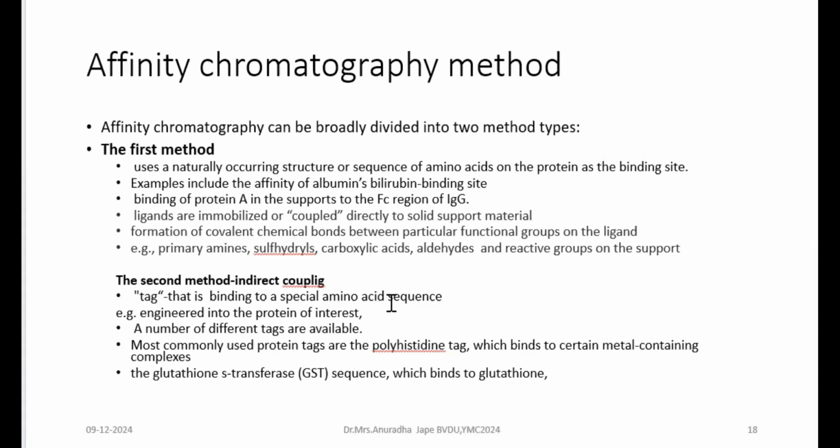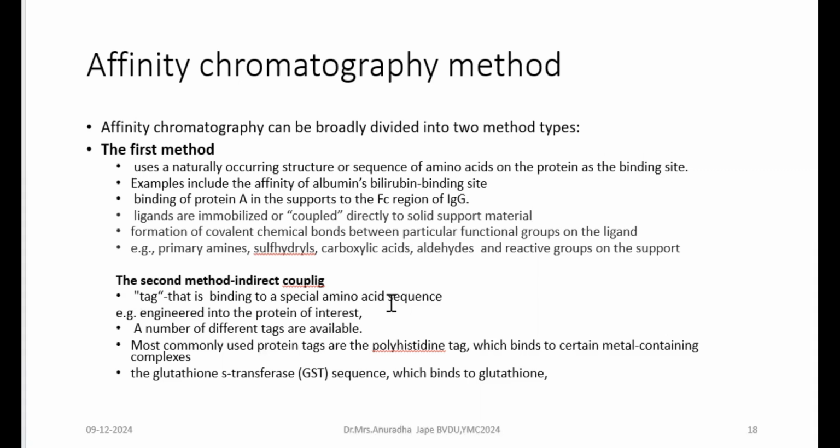So these ligands are immobilized or coupled directly onto solid support matrices. Formation of strong chemical bonds like covalent bonds between the particular functional group of the ligand and that of the support matrix will give you a good activated matrix. So primary amines, sulfhydryl groups, carboxylic acids, aldehydes, and other reactive groups on the support are going to interact with these specific sequences or functional groups, which are the inherent components of the protein as the binding site. But the second method is the indirect coupling method, in which you are going to